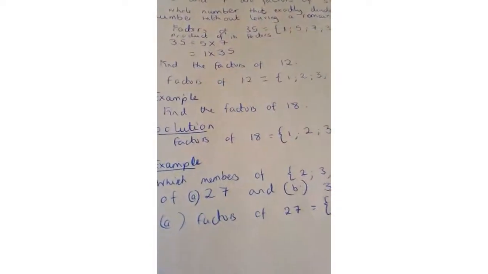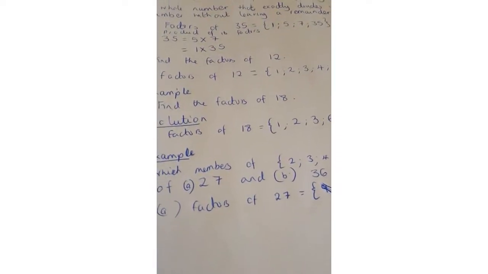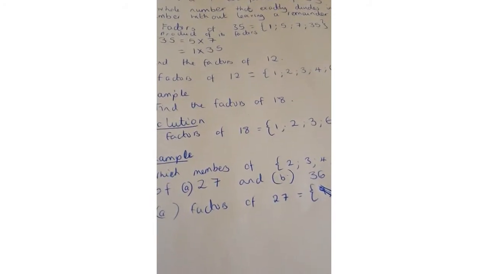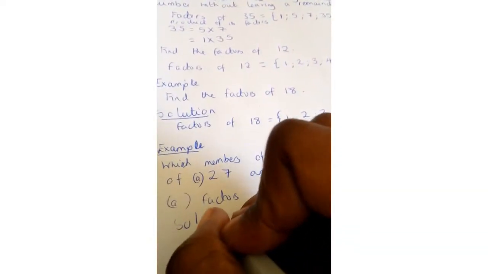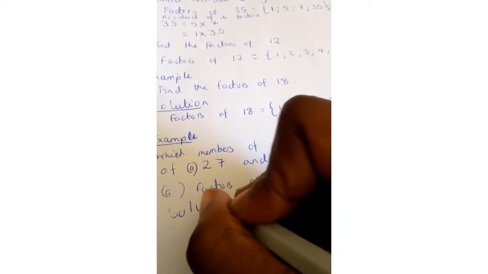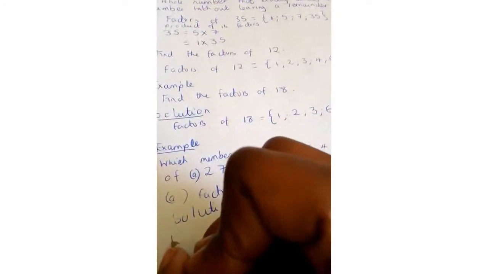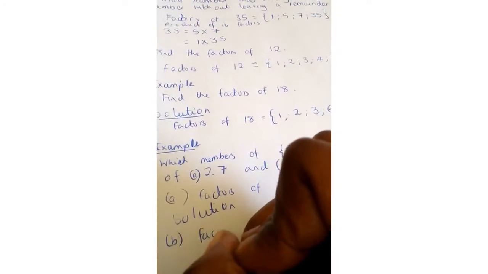So this is the set of factors of 27, right? So easy. Now may you please pause and work out part B, then we will continue after. The solution for your example. Solution for B, factors